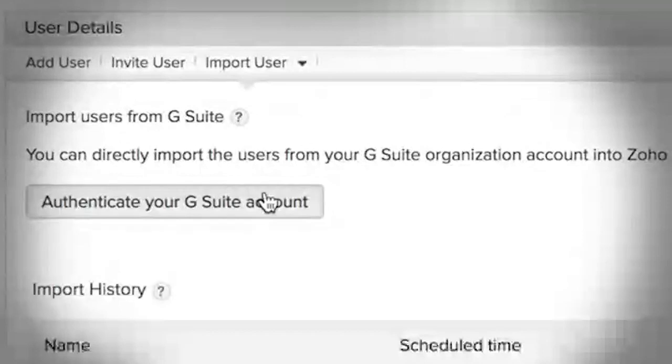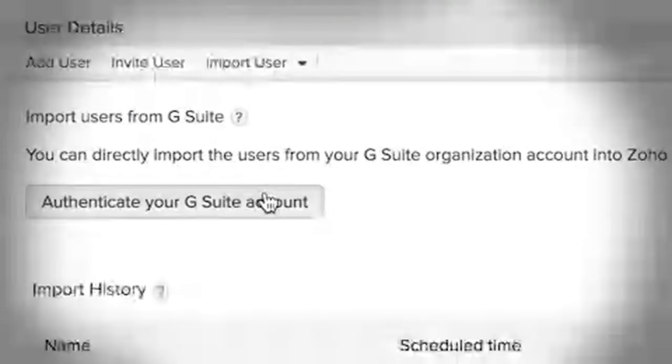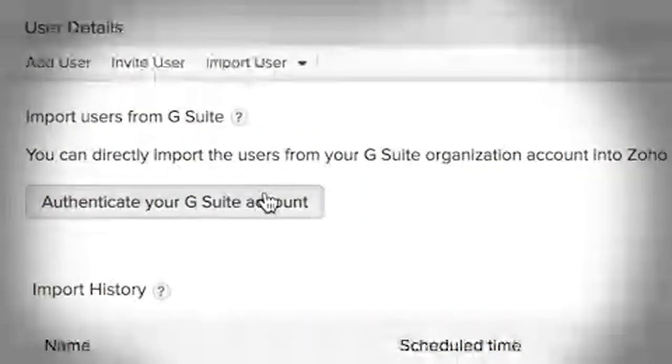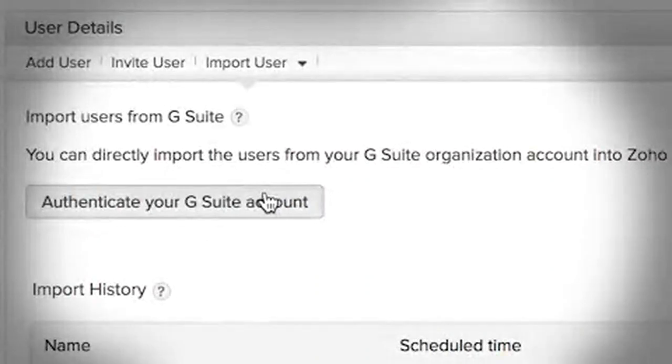So before I start the video, I'll give you a very basic intro of what we're going to do in the authentication process. When you're authenticating a Zoho Mail account to access your G Suite data, you are going to be doing three major steps. The first will be to create a service account. So you're basically creating an app in the Google Cloud Platform, and you're giving this app the required API access. And finally, you're going to give this app the required access to migrate your data from G Suite to Zoho Mail.